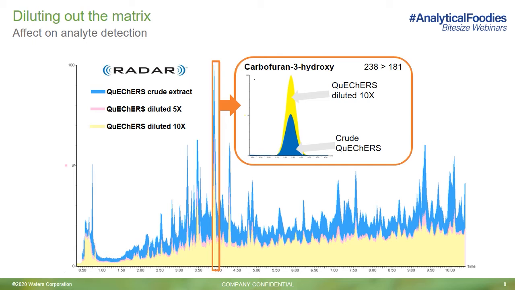This 10 times dilution factor yielded great results across commodity groups for over 500 pesticides. However, significant effects were still observed for a number of analytes in the scope. This included carbofuran 3-hydroxy, which showed approximately 30% suppression. While the dilution step offers great benefits in reducing matrix effects, it may need to be considered in combination with another approach to ensure effects are overcome sufficiently.